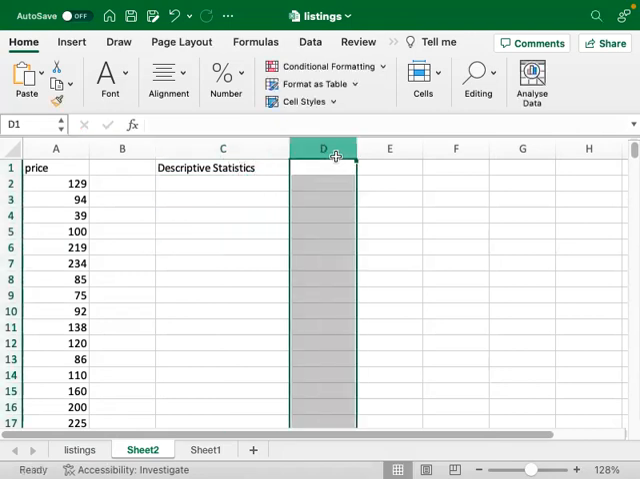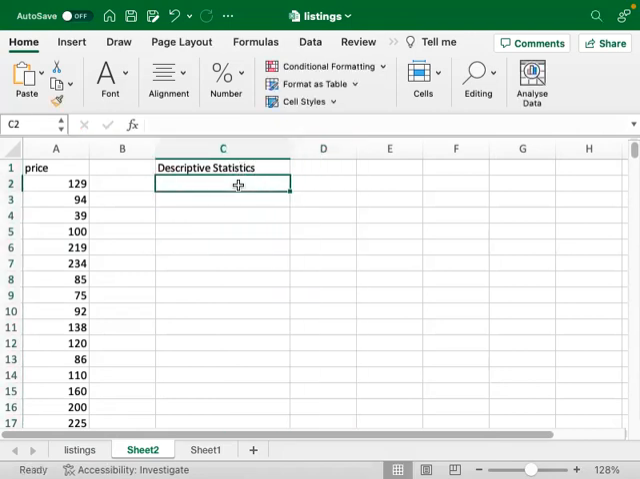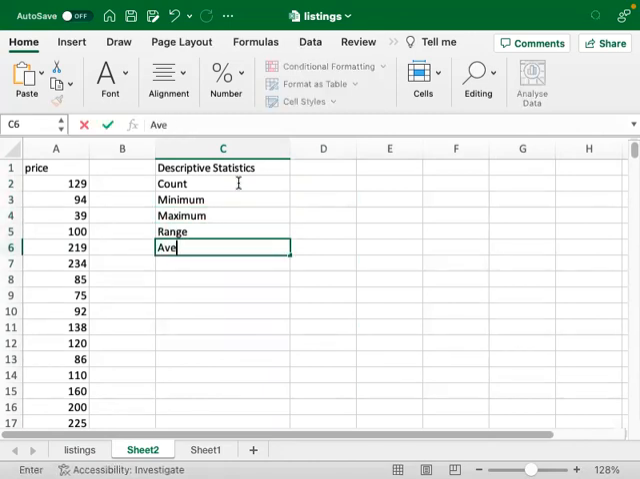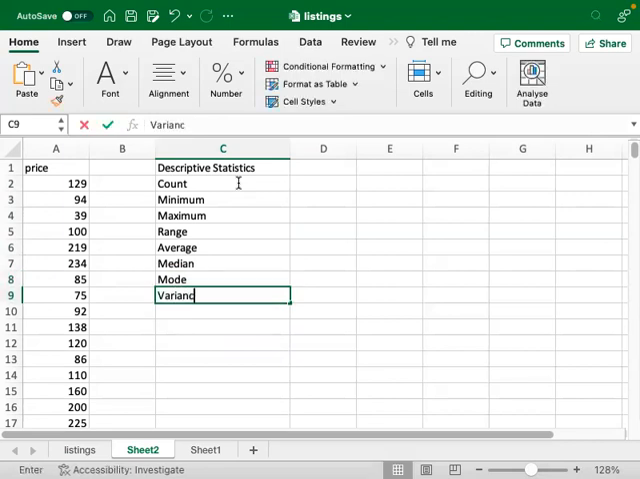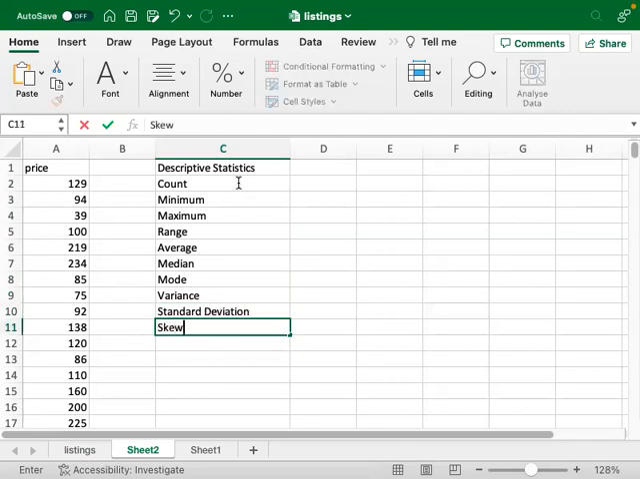Give a column gap. And now we'll give the descriptive statistics. Count, minimum, maximum, range, average, median, mode, variance, standard deviation, skewness, kurtosis,